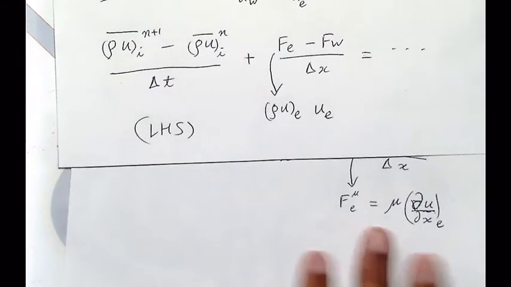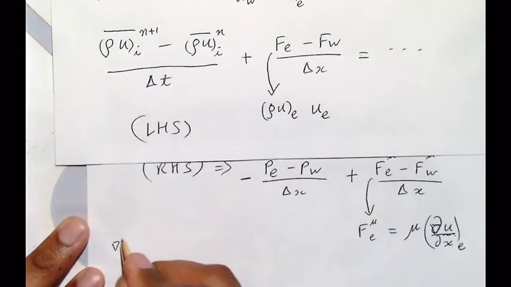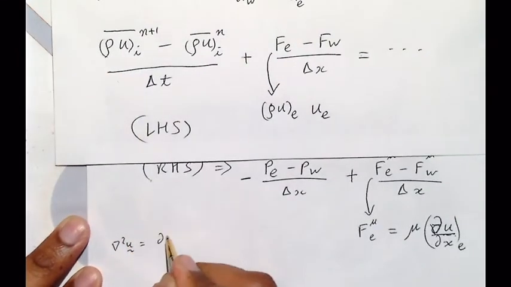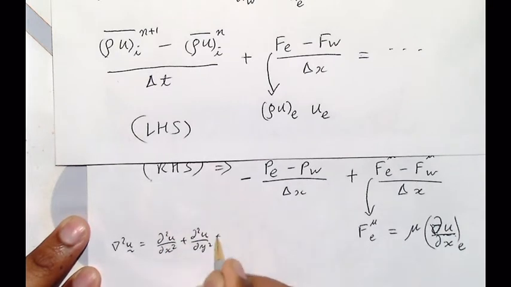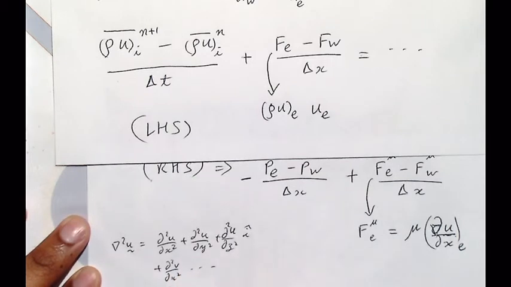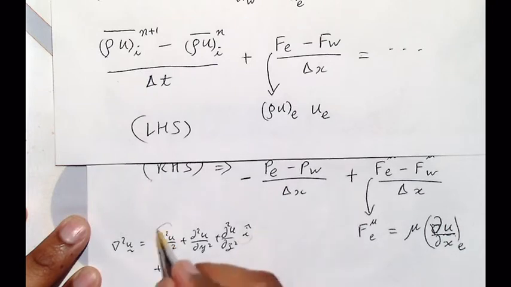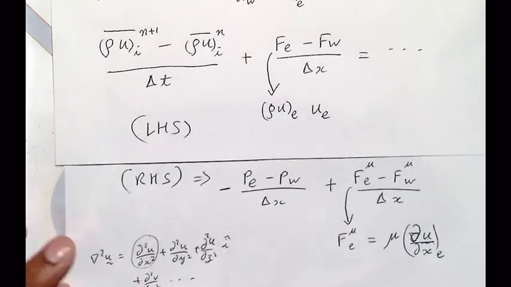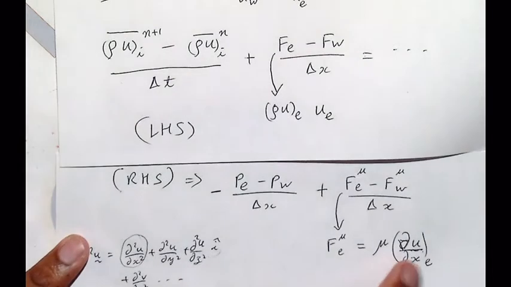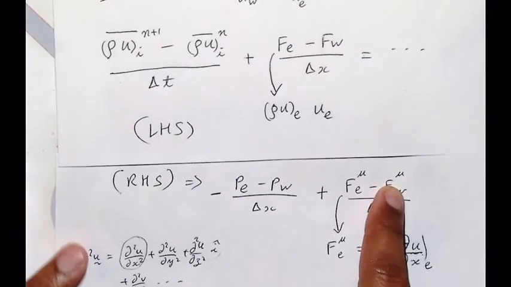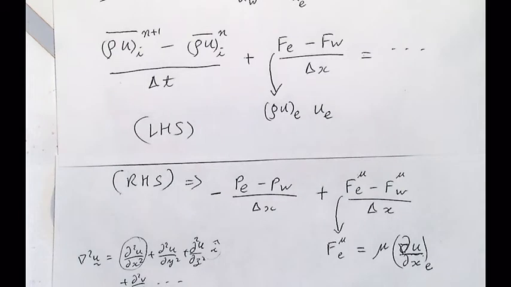Okay, wait. So let me just write this. Laplacian u: del 2u over del x squared plus del 2u over del y squared plus del 2u over del z squared. This is the ith component. Plus del 2v over del x squared, blah, blah, blah. Does this make sense now? So this is the x component, and in 1D only one part remains, which is what this flux will become. And you have flux east minus flux west. It's like taking the derivative of the derivative, which is the second derivative. Does this make sense? Yes.